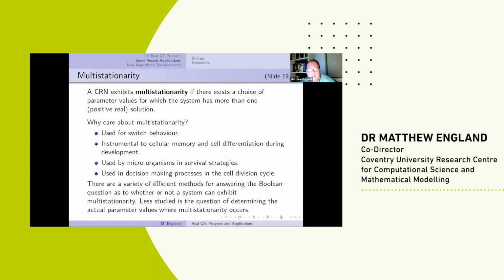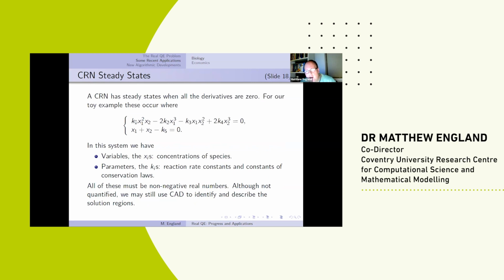So what we're interested in here from an algebraic point of view is for what values of the controllable systems in an experiment, that is to say the parameters, could this occur. So in all my examples, I label with X's the dynamic variables like quantities of a chemical, and K's are there to represent numbers that I don't know,